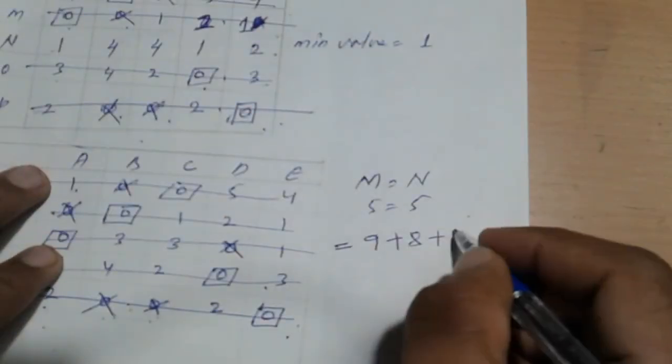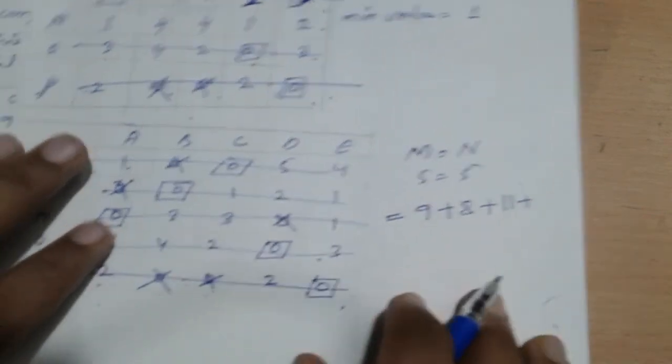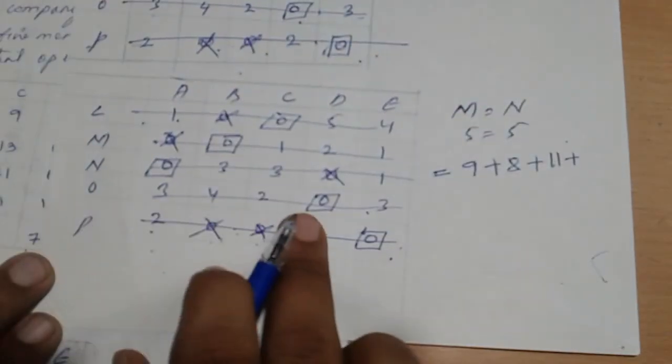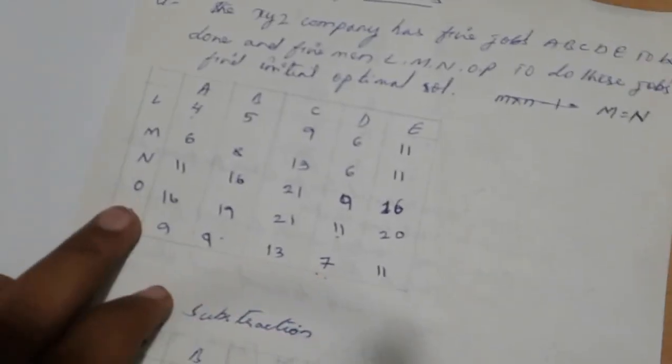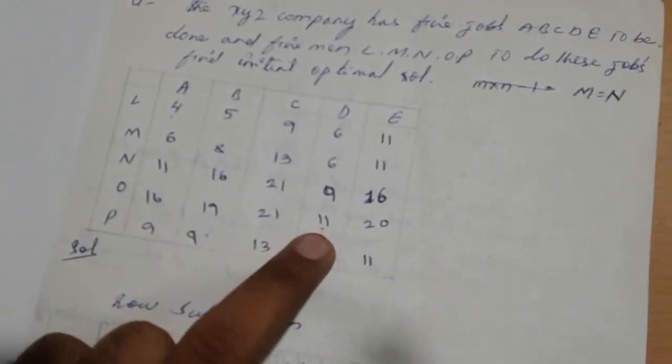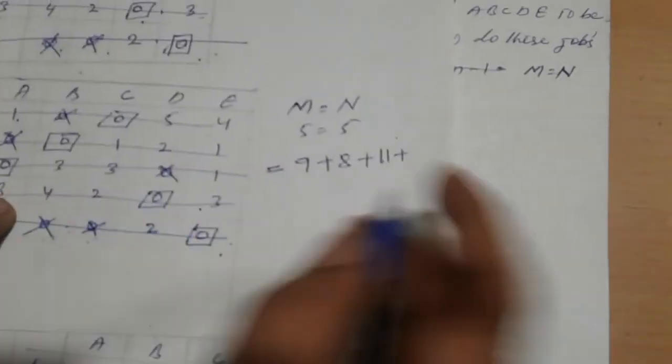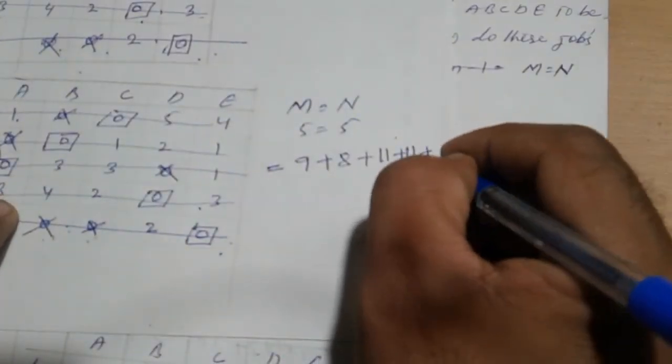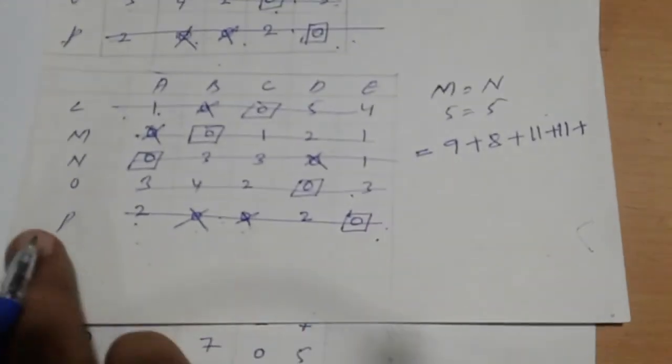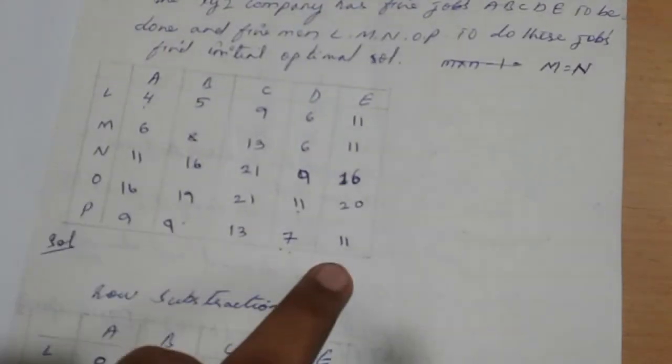So add this 11 plus. Fourth one, O in D. O in D is 11. And again 11 plus. P in E. P in E is 11. Add again